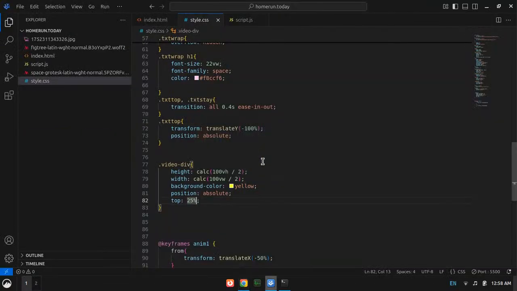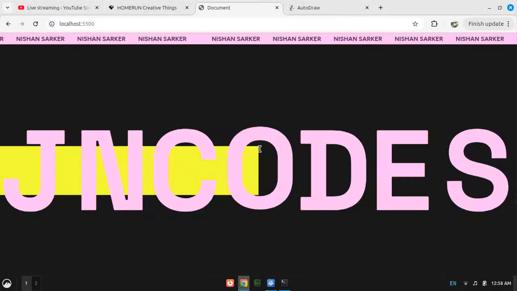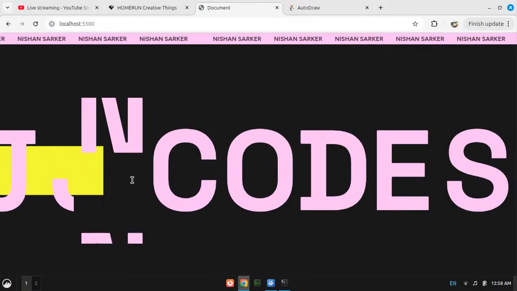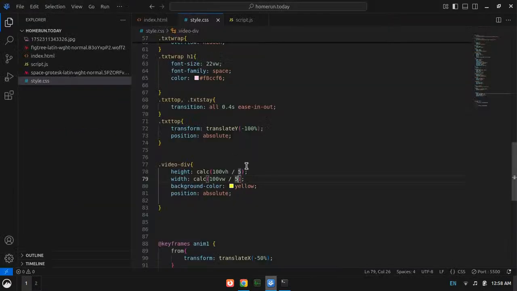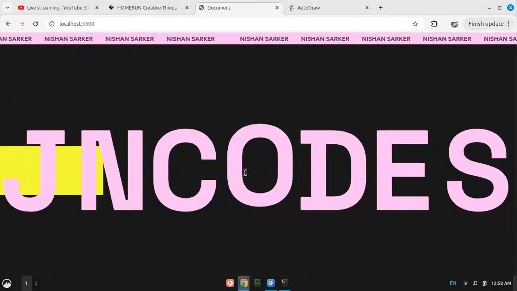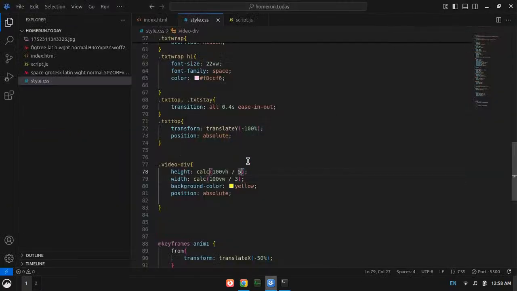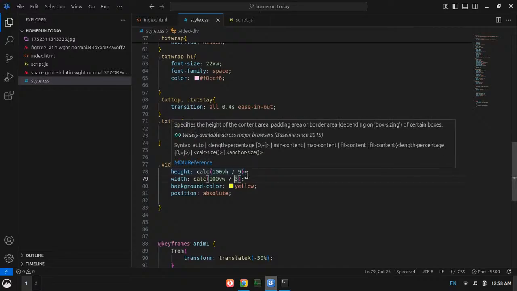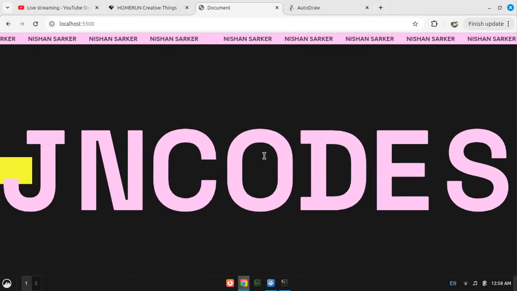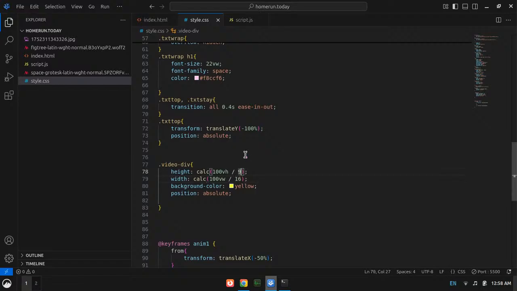Yep, it works. By the way, now I need to add 5 and 5 here because it is too big, I guess. By its height, it's 9 and it's 16. I guess here 16 and here 9.